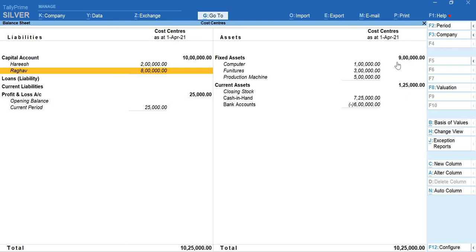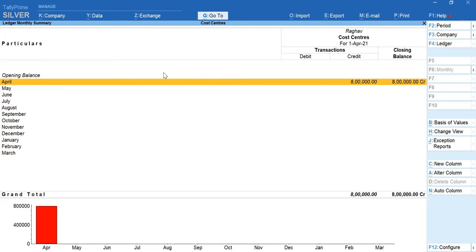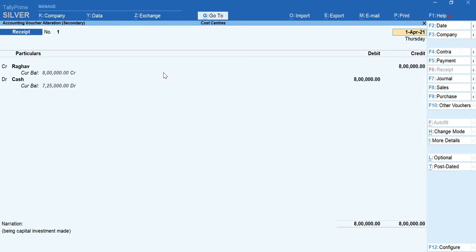Same as out of 9 lakh, computers are for rupees 1 lakh, furnitures are for rupees 3 lakhs, and production machineries is for 5 lakhs. So this way you can analyze. Again, if you want to see the voucher, if you click on the respective account, it will take you into the vouchers that you have entered. So is that clear?